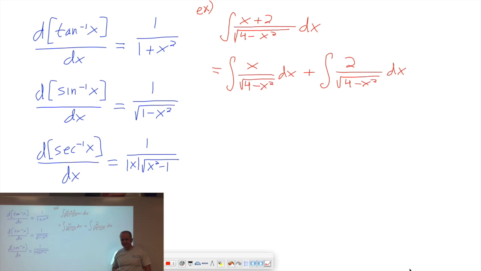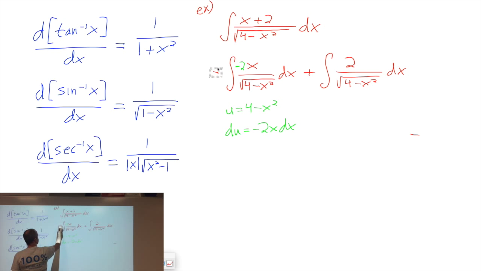Now this illustrates part of the trickiness behind these inverse trig integrals. They look like a lot of other integrals. These two things look very similar. What you have to be able to recognize here is that you have a much simpler u substitution possibility in this case. If you set u equal to 4 minus x squared, then du is negative 2x dx. Do we have a u-du relationship? We're very close. We have an x dx. We don't have this negative 2. I can put the negative 2 there,